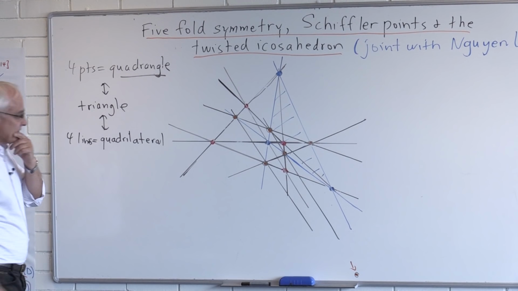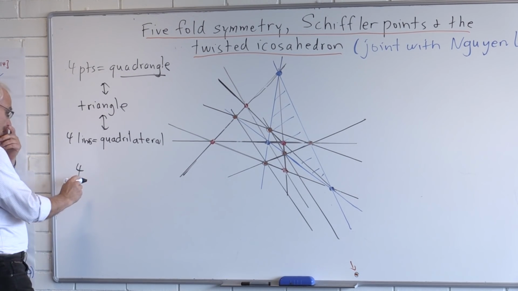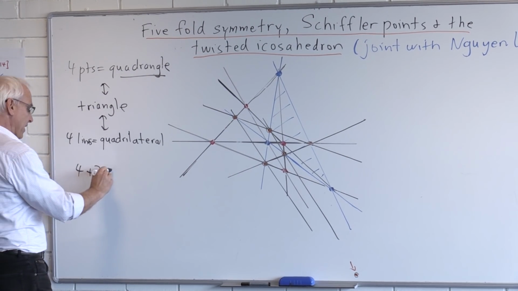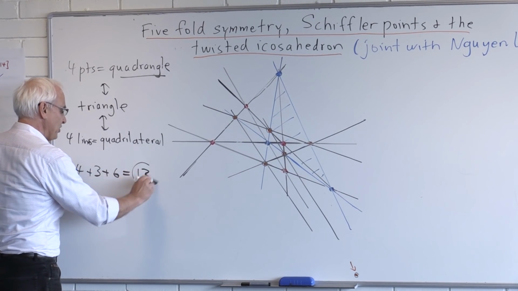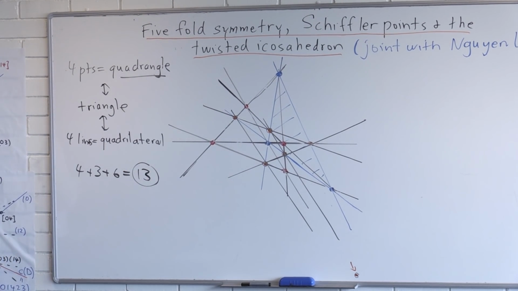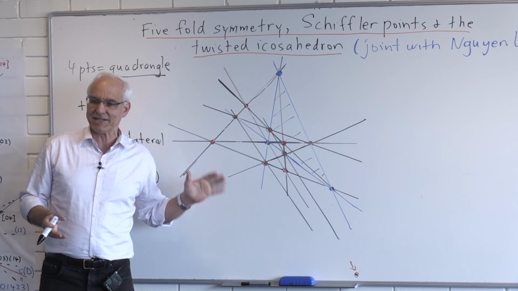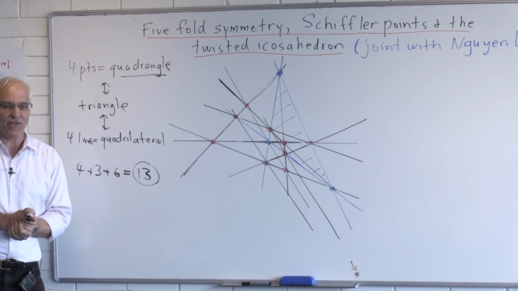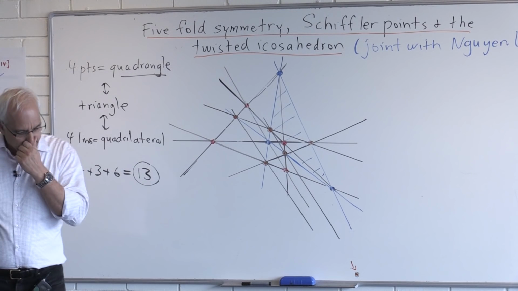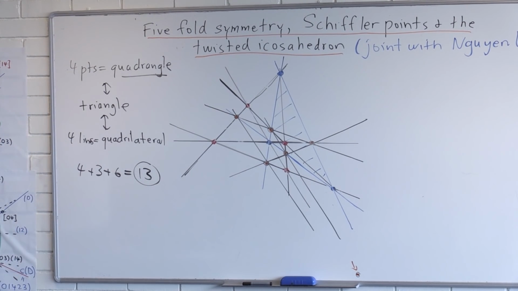So this is a very interesting configuration of 4 original points, and then 3 more points, and then 6 more points. So a total of 13 points that we've created, and also a corresponding number of lines, 13 lines. So if you want to have a good example of where the number 13 comes up in mathematics, this is probably perhaps the best example. So this is really just the beginning.